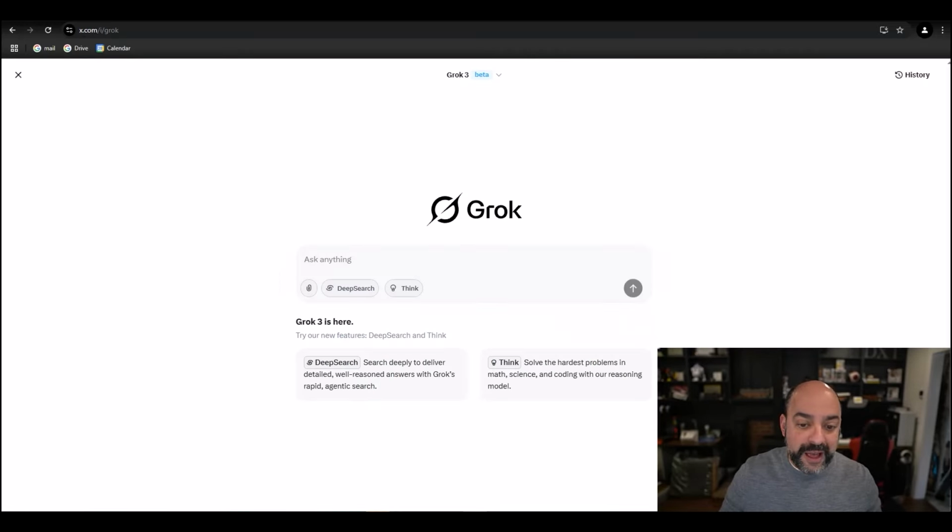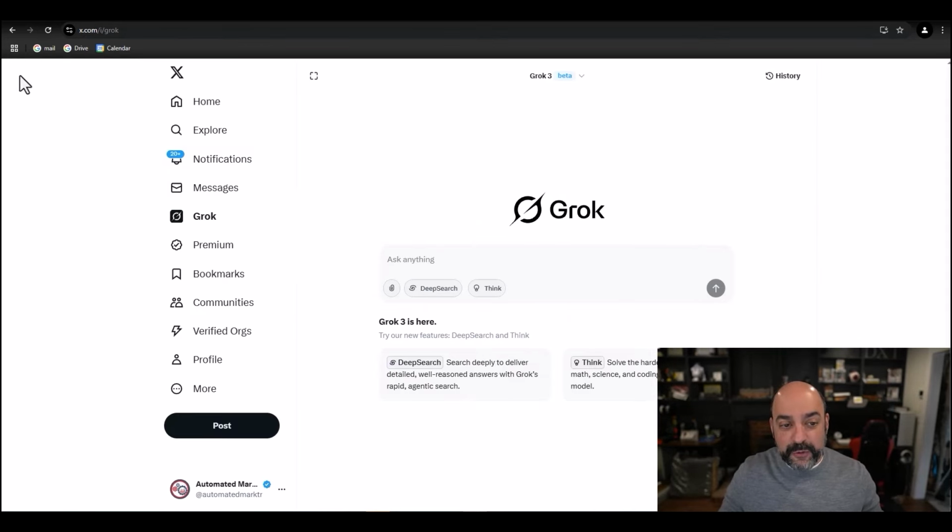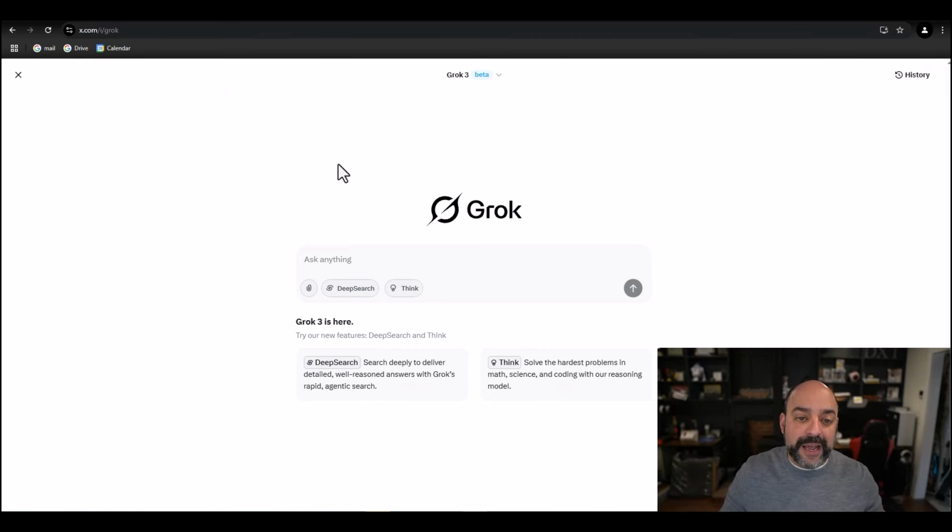So if you go over to the left, again, this is going to be the version we're using. We're using the version that's in x.com. And again, if you want to go back, you just hit the X and you go back in here. But for now, let's just go ahead and hit the focus mode and let's explore a little bit of what's